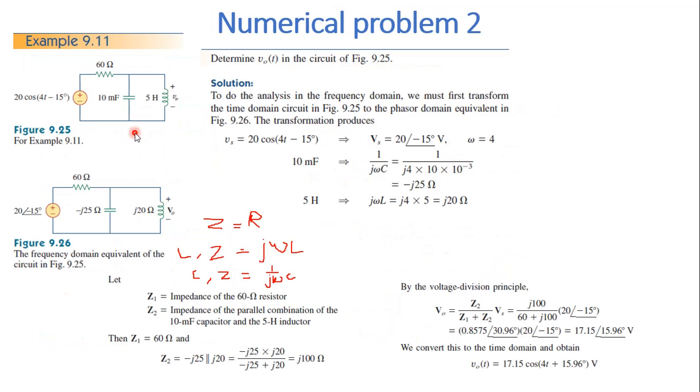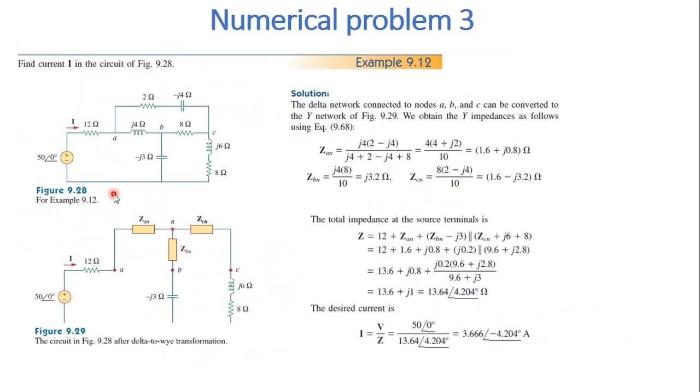If you compare the previous problem, you can see that R, L, C values were given in the time domain. So we converted this time domain into a frequency domain equivalent. But in this problem they have directly given the frequency domain equivalent. So we can just move on to the simplification. The first step of simplification is, we can use the star delta network to simplify the circuit.